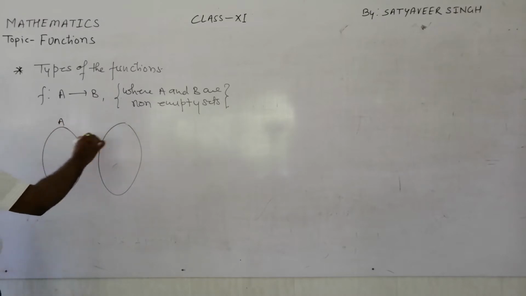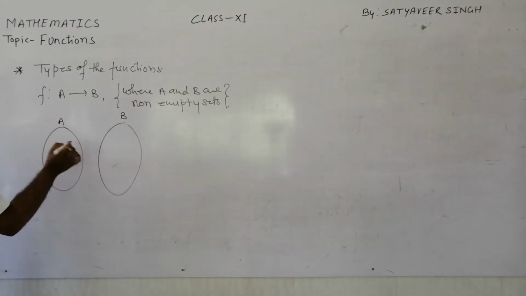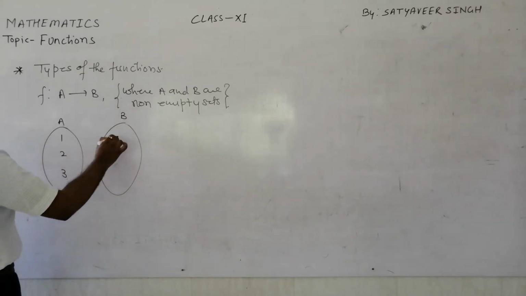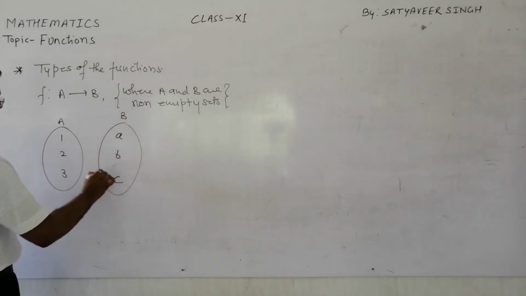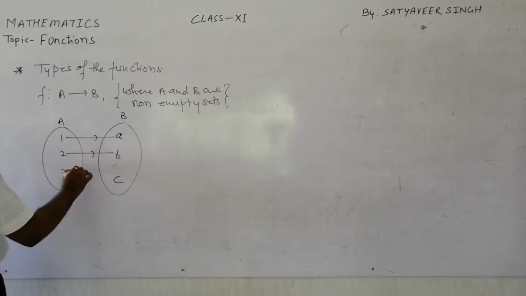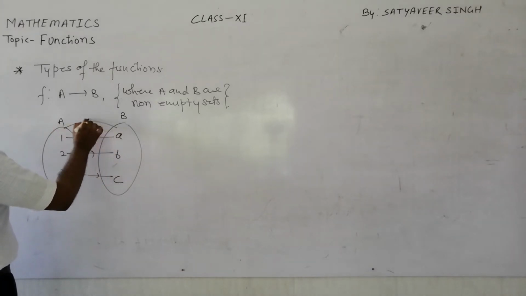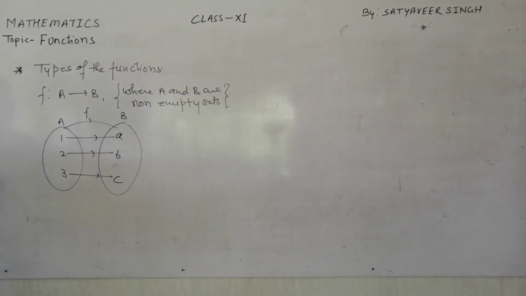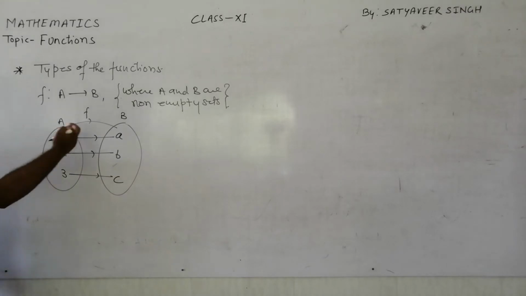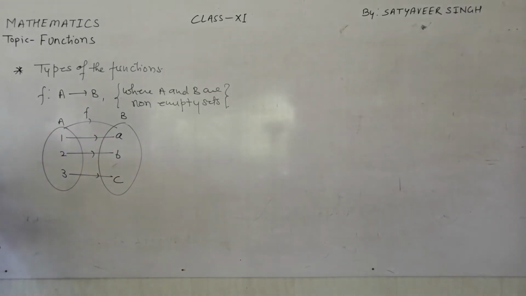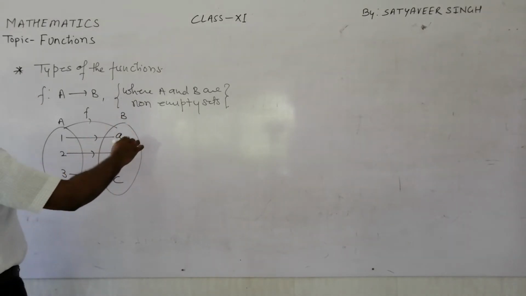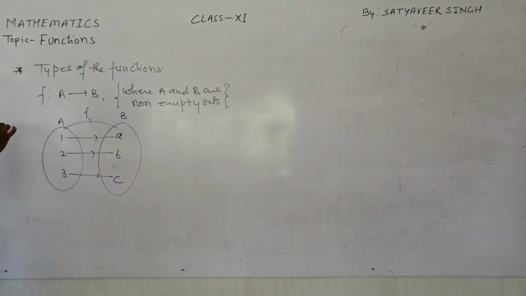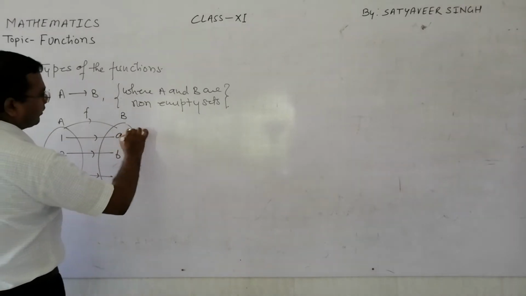If you see in this Venn diagram, there is set A and there is set B, and the correspondence, suppose the elements are 1, 2, 3 and A, B and C, is going on like this, very simple correspondence. This function has a name, because one element is connected to one element only. So this is called one-one function. Keep this name in your mind.